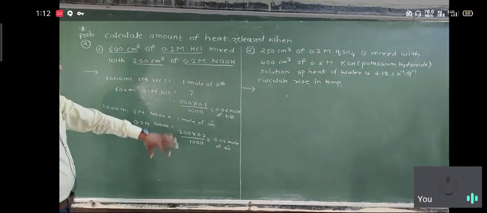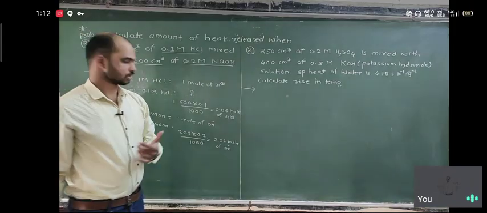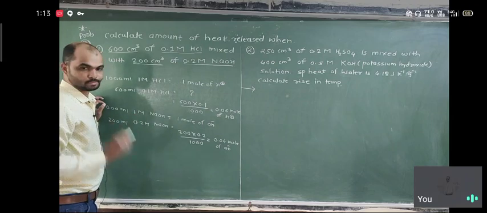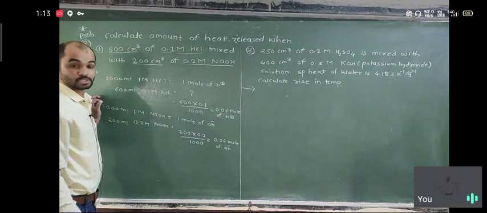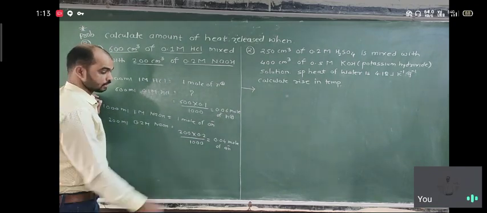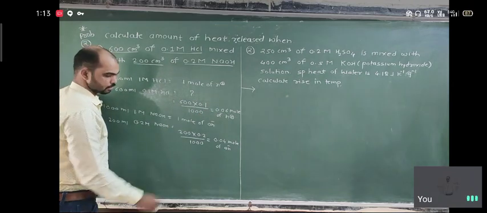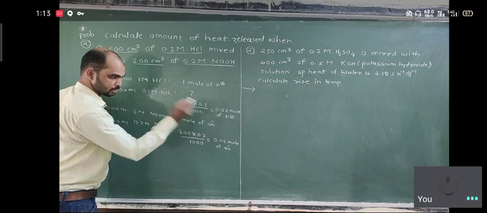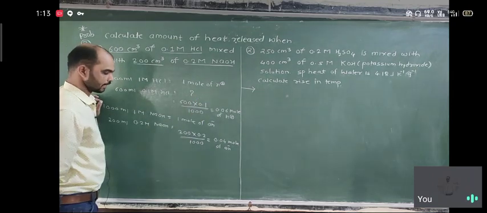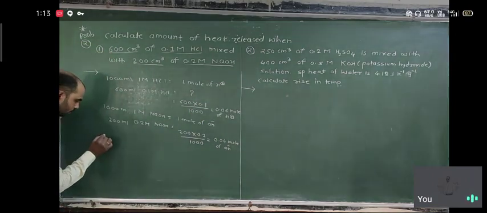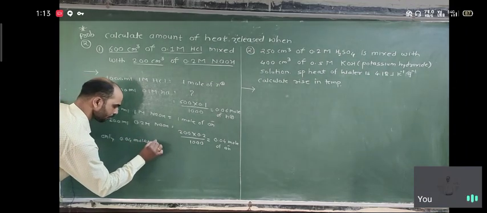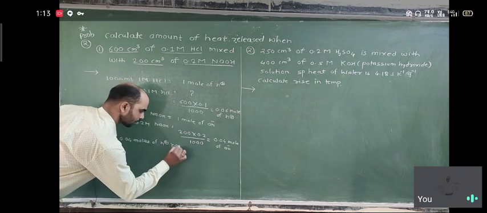First of all, we converted the given solutions into number of moles. Then you can see both have different amounts of H plus and OH minus: 0.06 mole of H plus and 0.04 mole of OH minus. That means out of 0.06 mole of H plus, only 0.04 mole of H plus is neutralized by 0.04 mole of OH minus. The remaining 0.02 remains unreacted. So here only 0.04 mole of H plus is neutralized